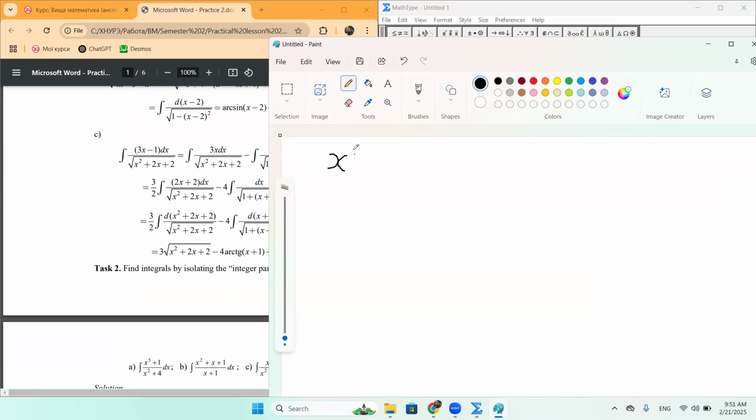So x squared plus x plus 1 divided by x plus 1. So dividing x squared by x, I will receive x. And now let's multiply x by this expression. So x squared plus x. So here I will receive 0, so 0 plus 1. And basically what do we have here? So 1 will remain in the numerator,